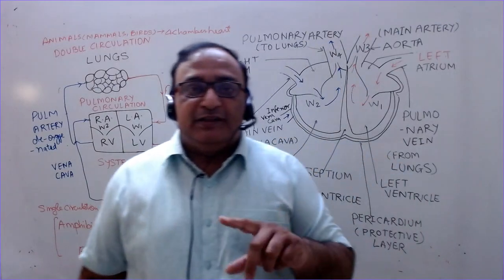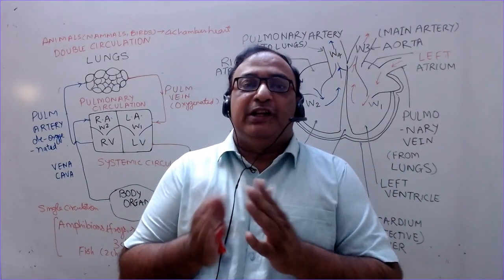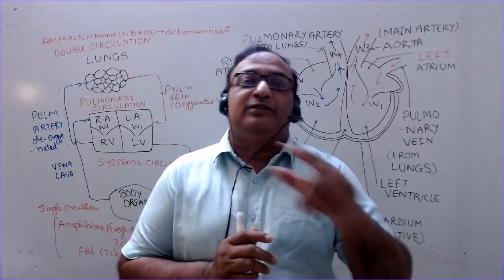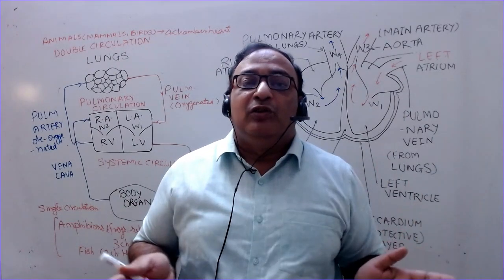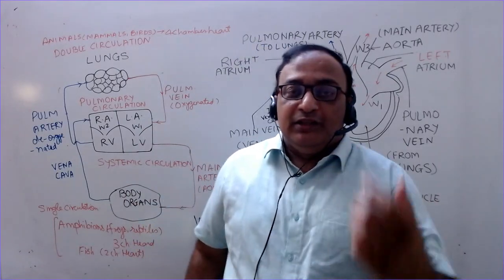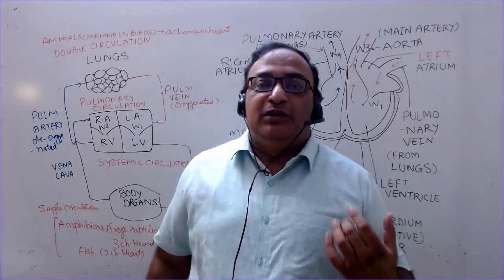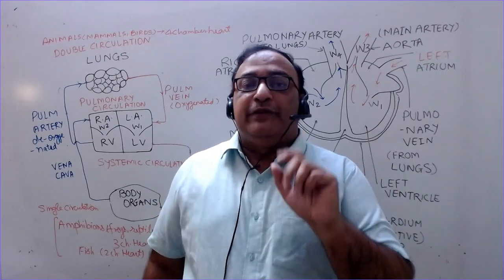So for this we need double circulation, so that the oxygenated and deoxygenated blood, when it circulates through the heart or the body, does not get mixed up. That is the purpose of double circulation. That's why we, along with other animals such as mammals and birds, have 4 different chambers in the heart.